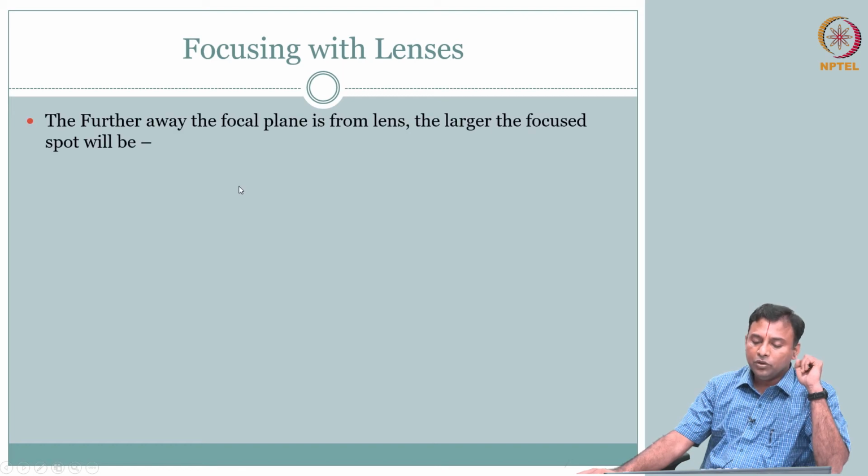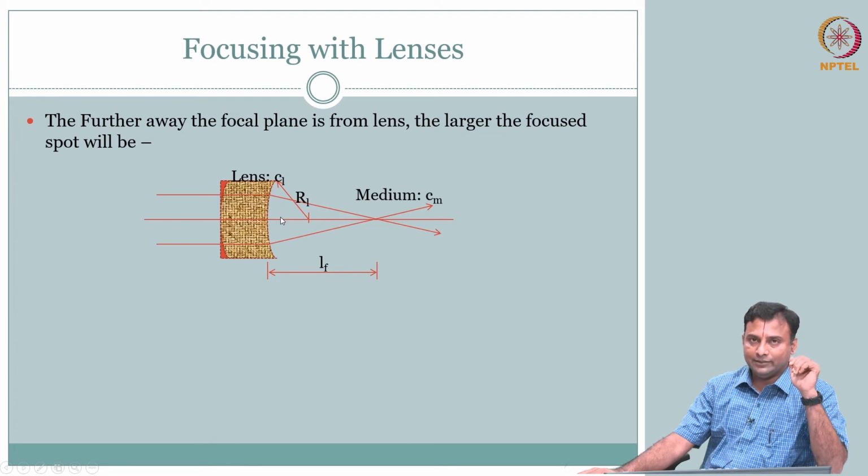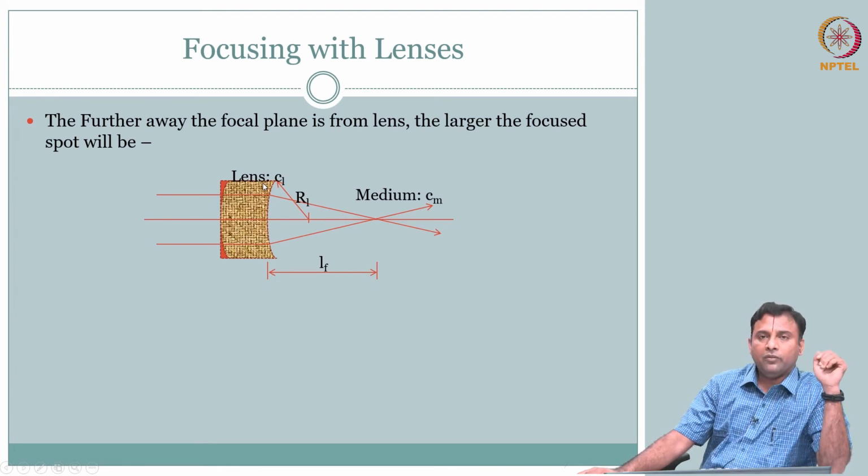It is very similar to how you use a lens in optics. So we could have a lens in this case as well, but this lens we call an acoustic lens. Instead of an optical lens, you have an acoustic lens. So what do we mean by that? This lens will have its own material property, C_L. And then you have your medium, and the lens has a radius of curvature, radius of your lens R_L.